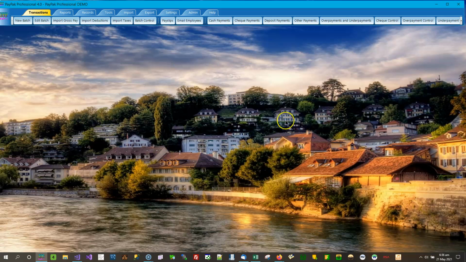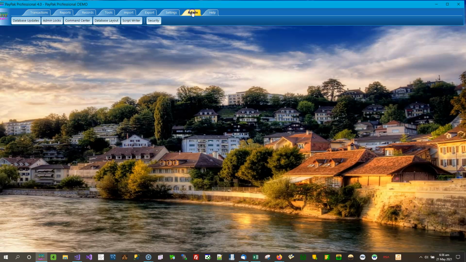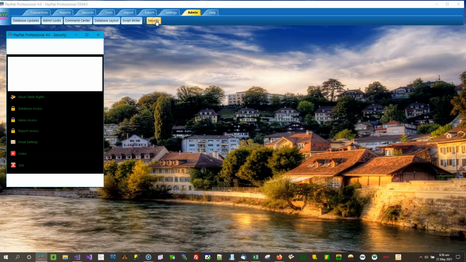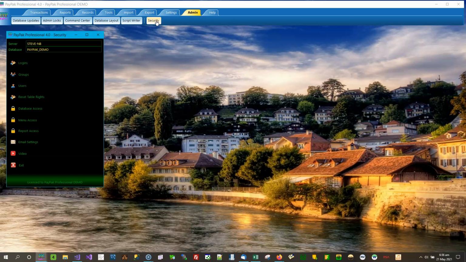The security section is found under the admin portion of the menu, and here's the button. The security feature is accessible only to administrators. Regular users and supervisors are not allowed in the security section. So let's click on the button, and that brings up the main security window, and there's